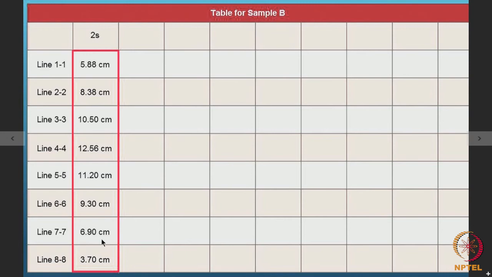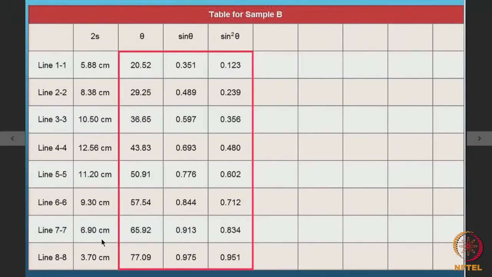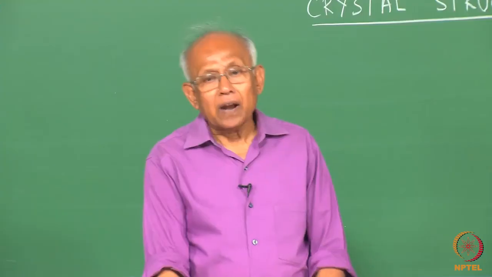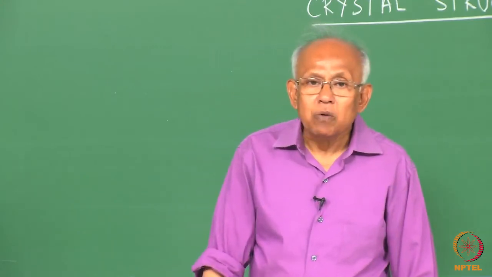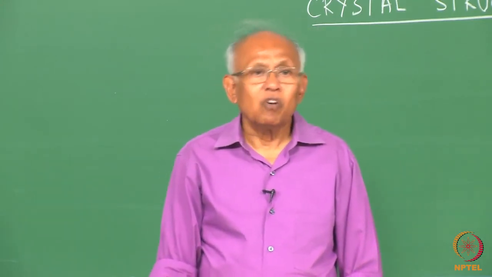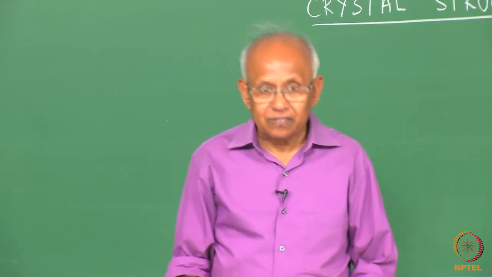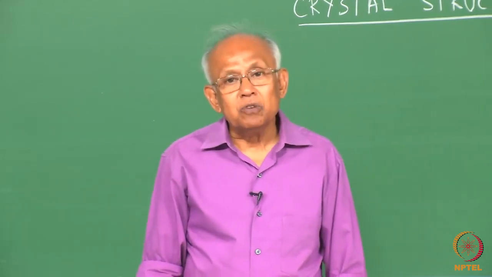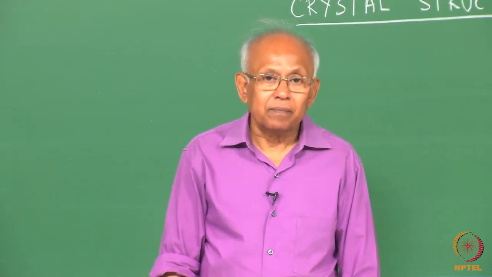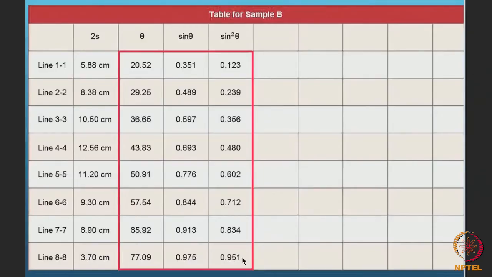Now, from these 2θ values, we can find out the corresponding θ values, the sin θ values, and sin square θ values. So, this is an unknown sample. So, how to start with? First of all, we assume that the material has the simplest crystal structure. So, we assume a cubic system for this unknown material,